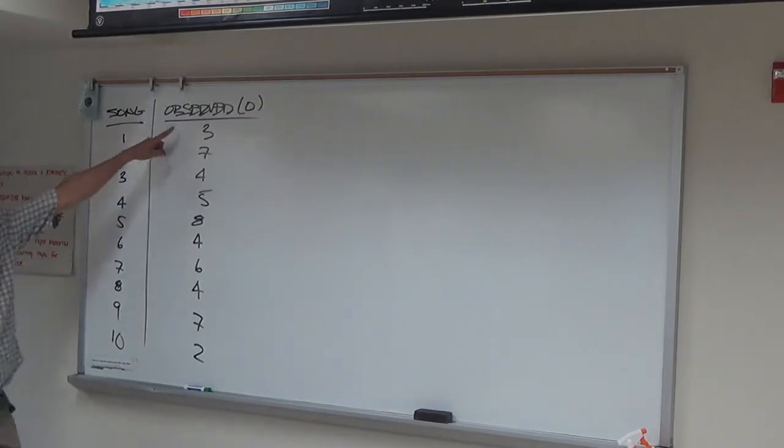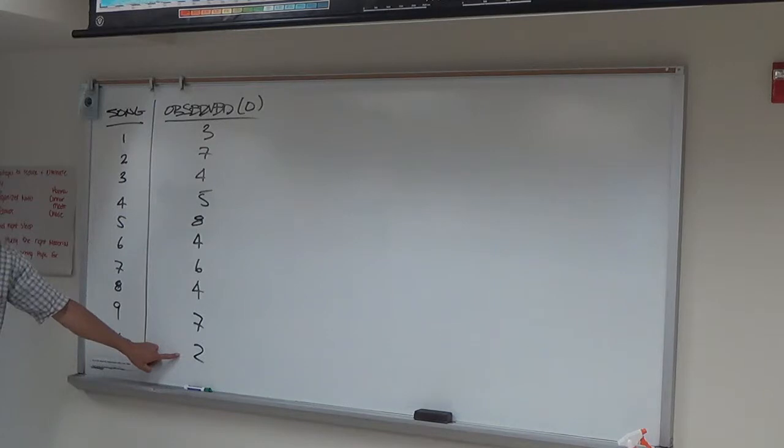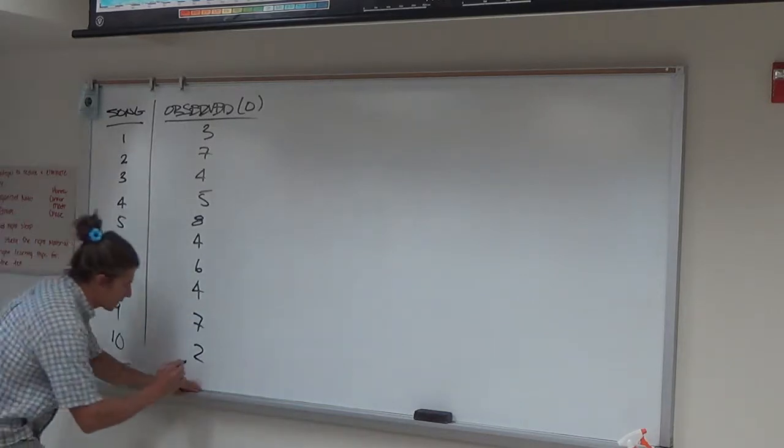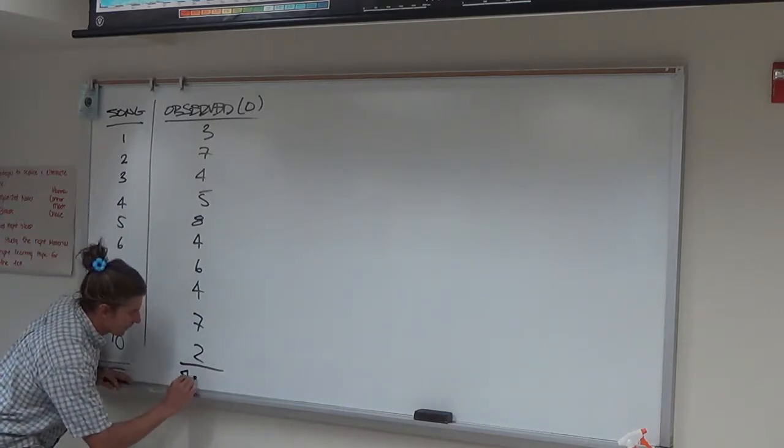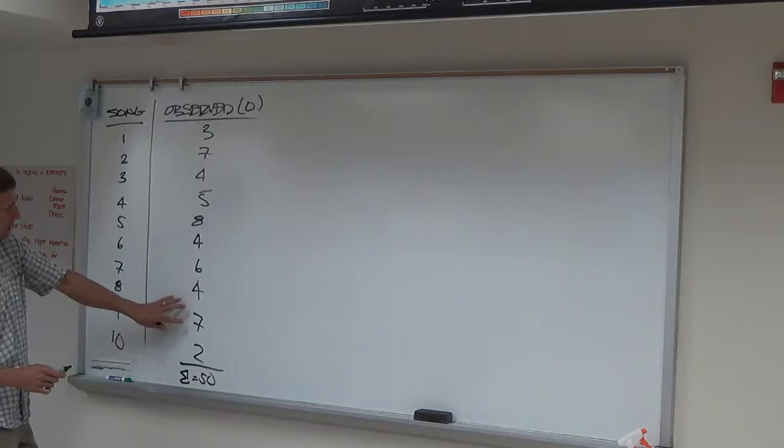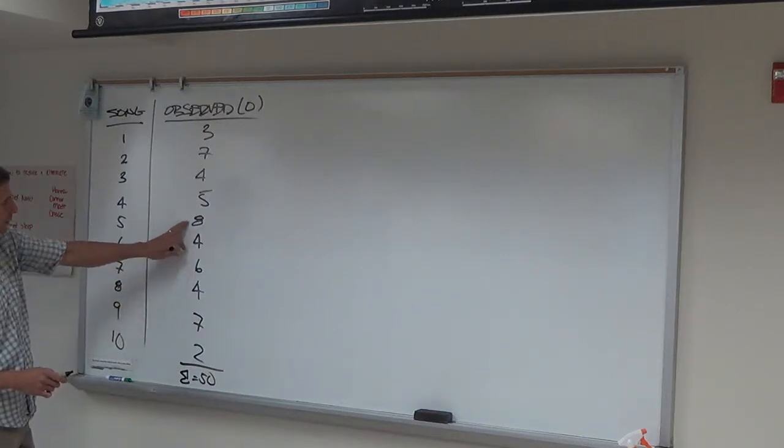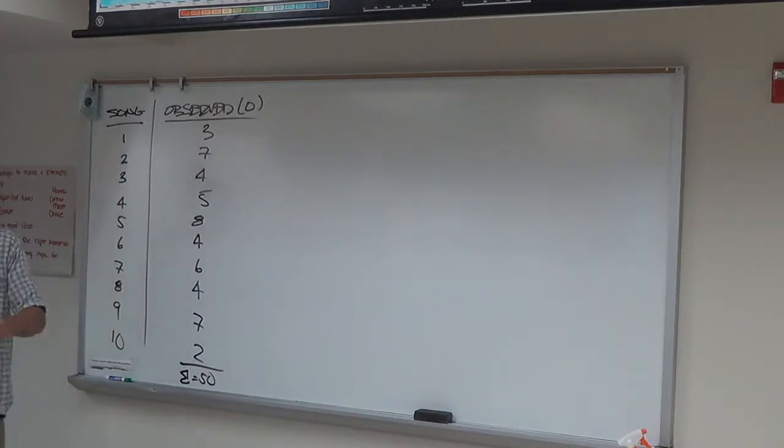Totally irrelevant. Here's the relevance. Those are the numbers we saw. How can we possibly measure that for randomness? Let me make sure I did this right. This should sum up to 50, right? Let's make sure. 9, 13, 19, 23, 31, 36, 40, 50. Good. How can we test to see if that's random enough?